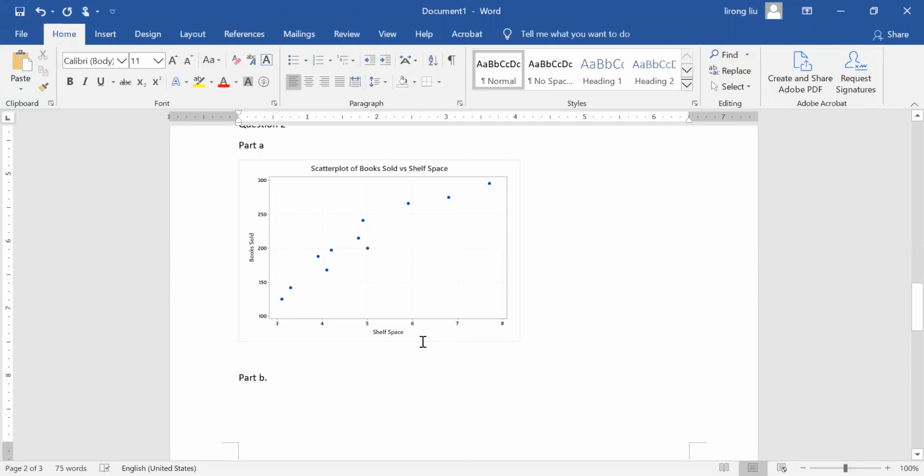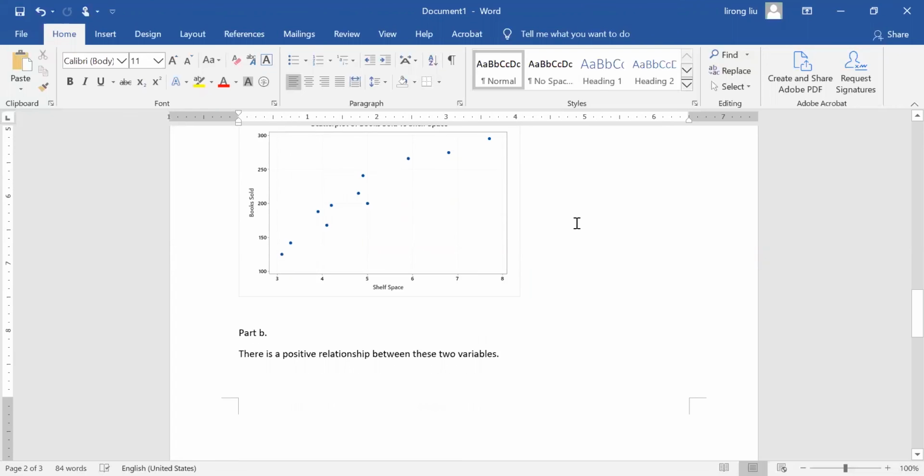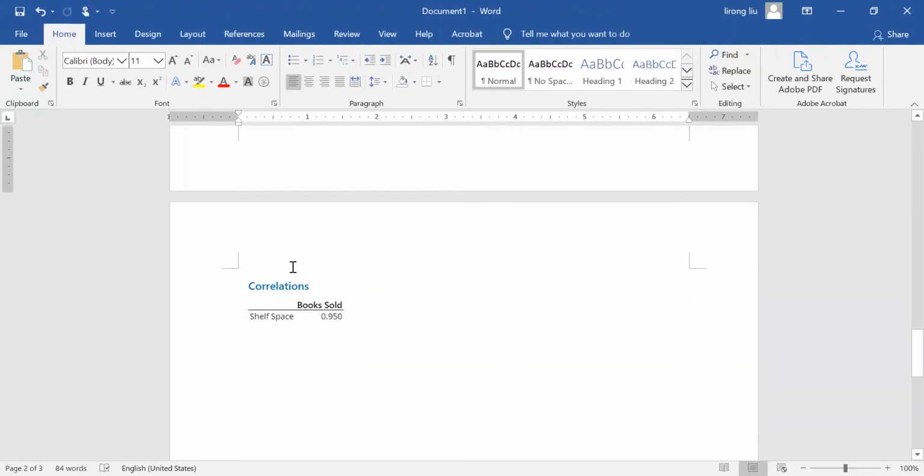What we observe is there is a positive relationship between these two variables. That's what we can say about it, according to the scatter plot. Because the trend is going up, so that's a positive relationship. Part C,